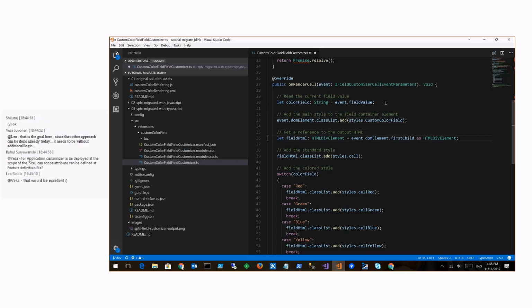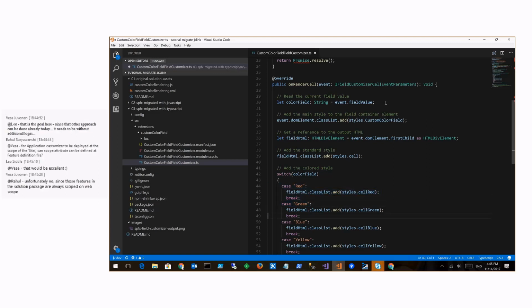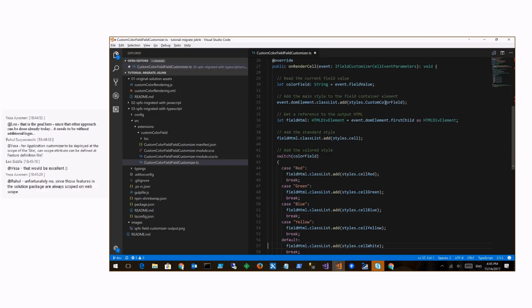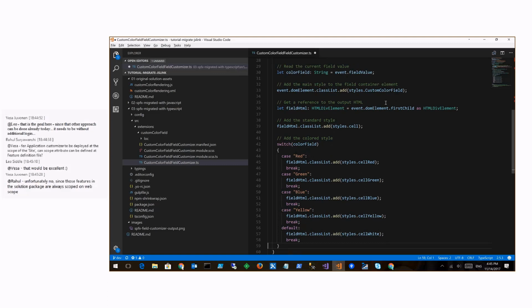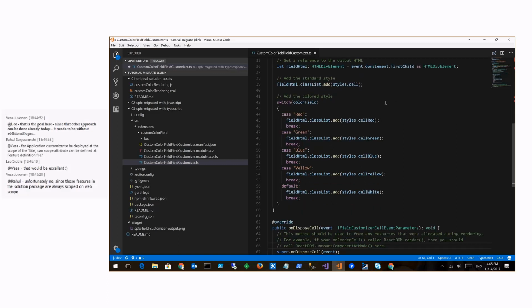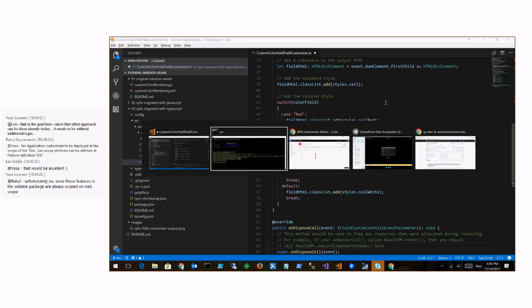Moreover, I get a reference to the first child of that element, which will be the HTML div element, which will represent the content of my field in the list view. And I can add the style to that element, as well as the specific style for the color I want to render based on the color value of my field. By doing that, I will have a much more accurate solution, because I will have a fully typed approach, I will have IntelliSense, and I will be able to do proper testing of my code. So what you see right now here is the result of the TypeScript file that you just saw in my